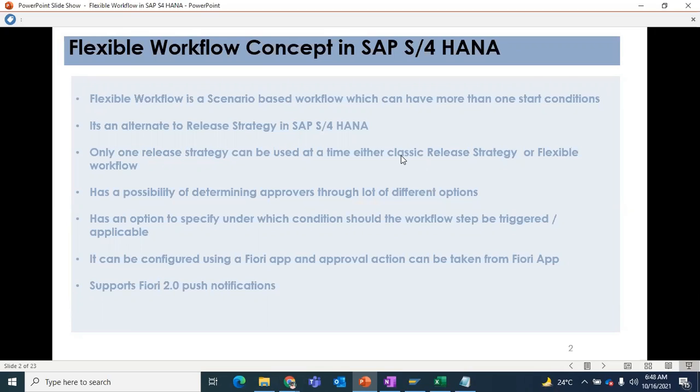So flexible workflow, as I told you, is not a replacement for release strategy, right? Release strategy is still there in S/4HANA. And there is one more concept called SAP business workflow, which we used to use along with release strategy. That is also there in S/4HANA, but SAP recommends to use flexible workflow going forward in S/4HANA because it's very simple and